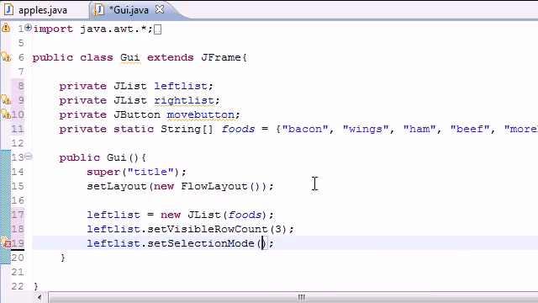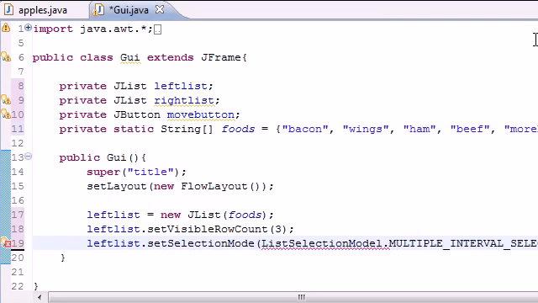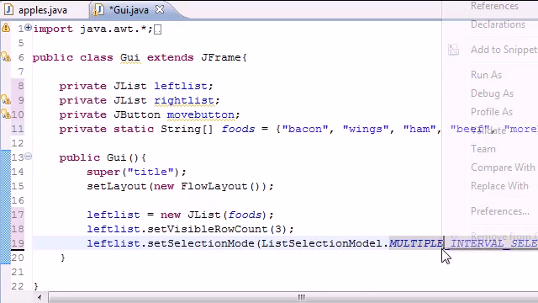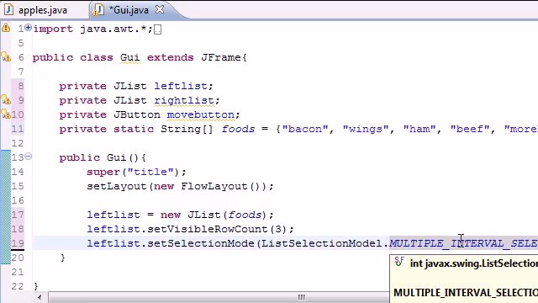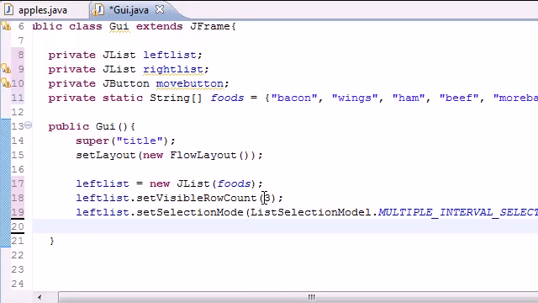And our selection mode, unlike before, is going to be list selection model dot multiple interval selection. And what this means is, unlike last time where you could only select one thing at a time, with multiple interval selection, using the control and shift keys on your keyboard, you can select multiple items at a time. So now the last thing that we need to do to our left list is add it to the screen. And also, like I just told you guys before, we need to add a new J